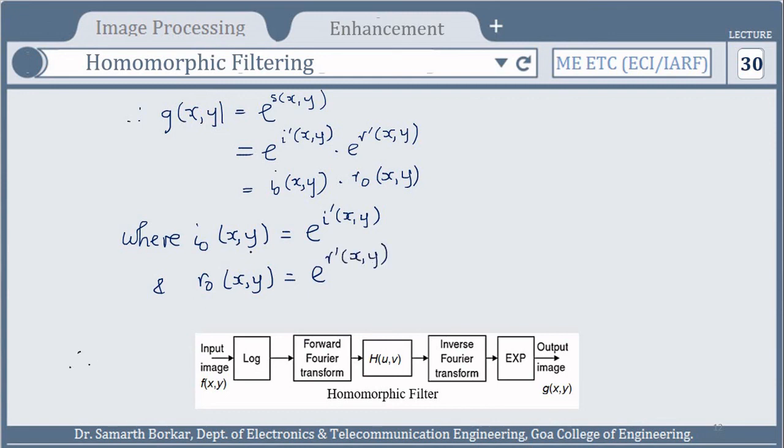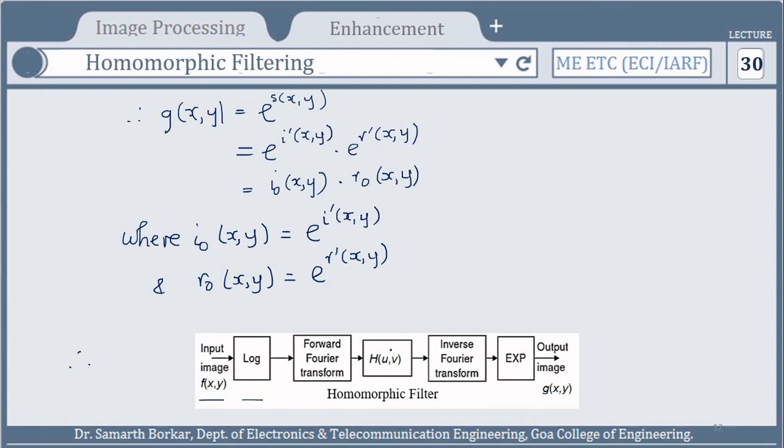Okay, so we can represent this entire operation in the form of this block diagram. We have the input image f of x, y. We cannot apply the Fourier transform directly to the image f of x, y because it is in terms of illumination and reflectance. Illumination contributes to the low frequency component, reflectance contributes to the high frequency components. So we cannot simply apply the Fourier transform as it is. So we exploit the property of converting multiplication into addition by applying the logarithmic operation. Once we separate them out as I and R, we apply the Fourier transform individually to them,